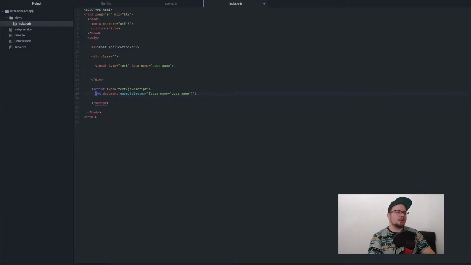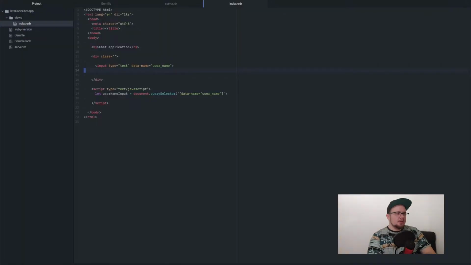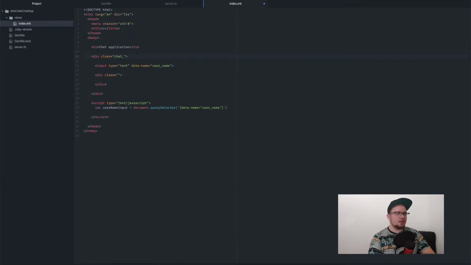So I'm gonna do let username input equals that. And the idea for the chat is that it's gonna now be a big div here, and each message is gonna be a div inside, and it's gonna be scrolling forever. So I wanna create, I'm gonna call this chat container,